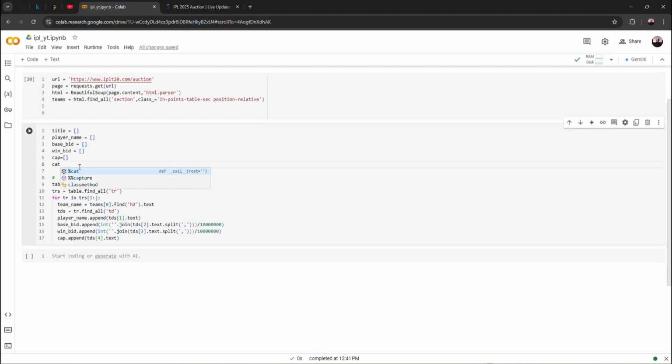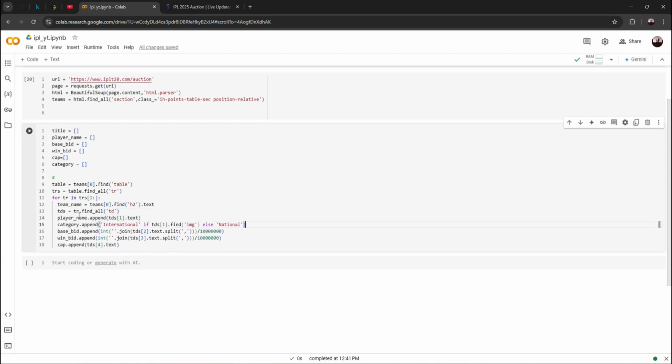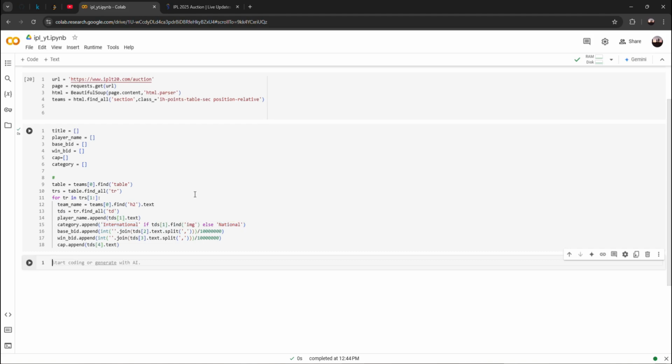Let me create one list named category. So yeah, if a player had that, I mean, in the sense, let me use that as well. So yeah, category dot append, if international, if the player has image, that TDS1 has image in it, then we can say it as international. If not, else it is a national player. So yeah, with that everything is fine, and we have extracted each data for, but as of now